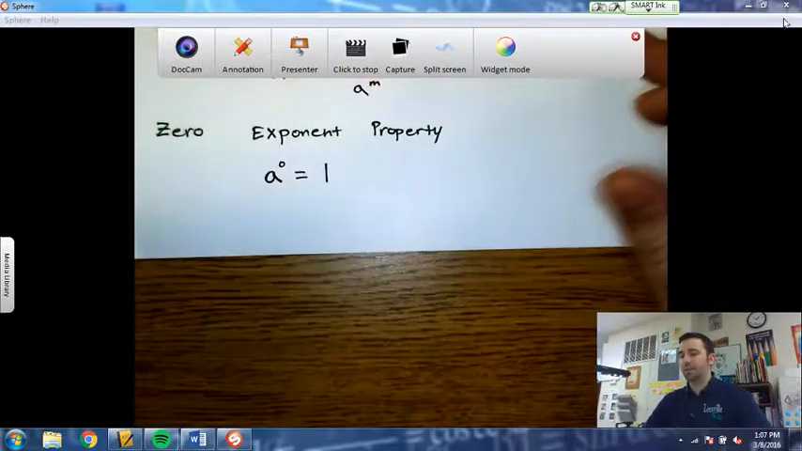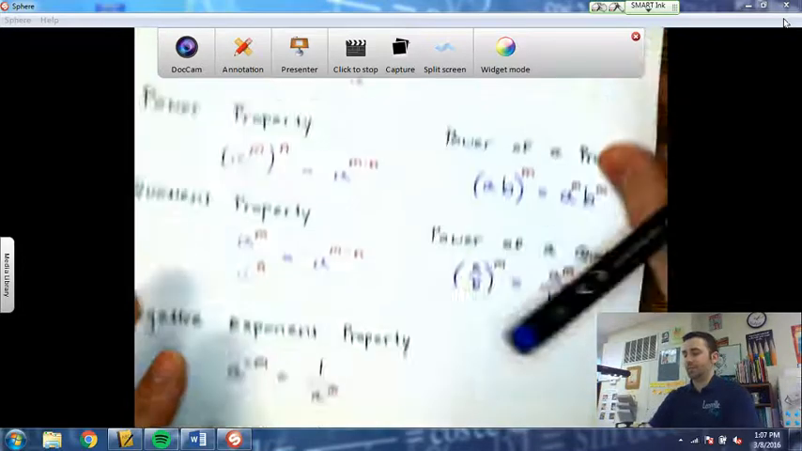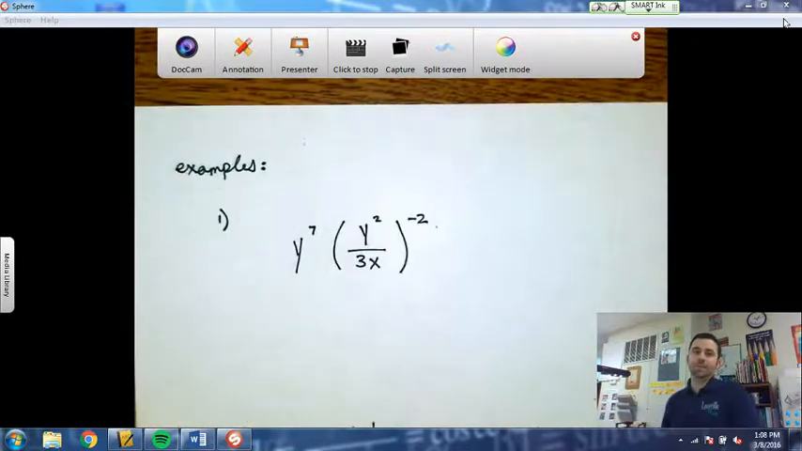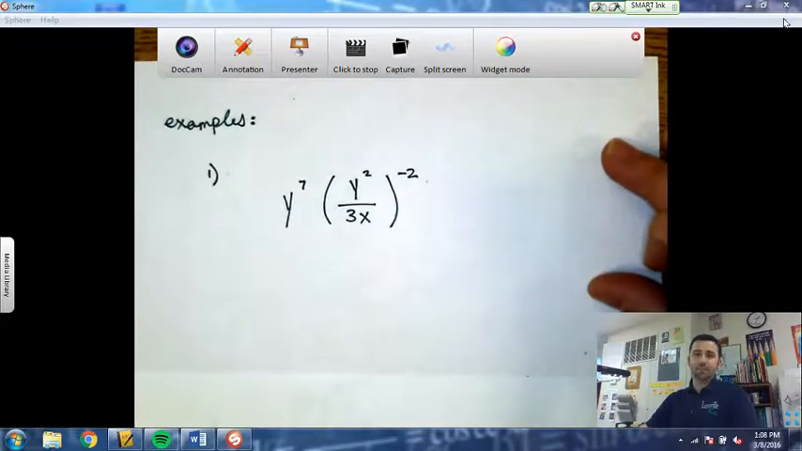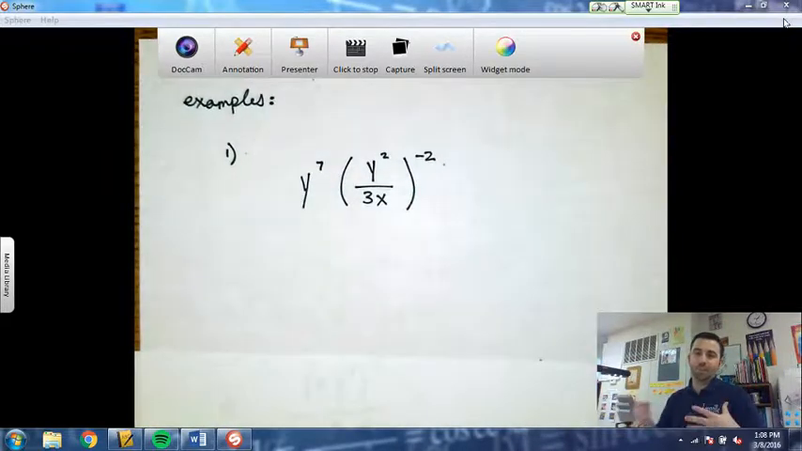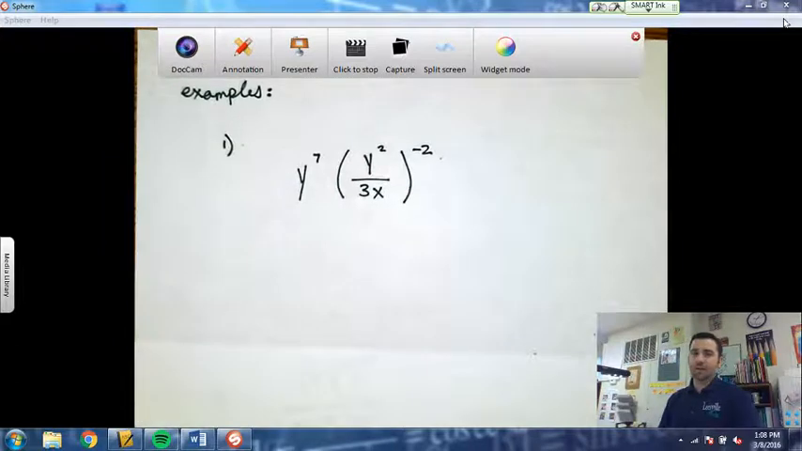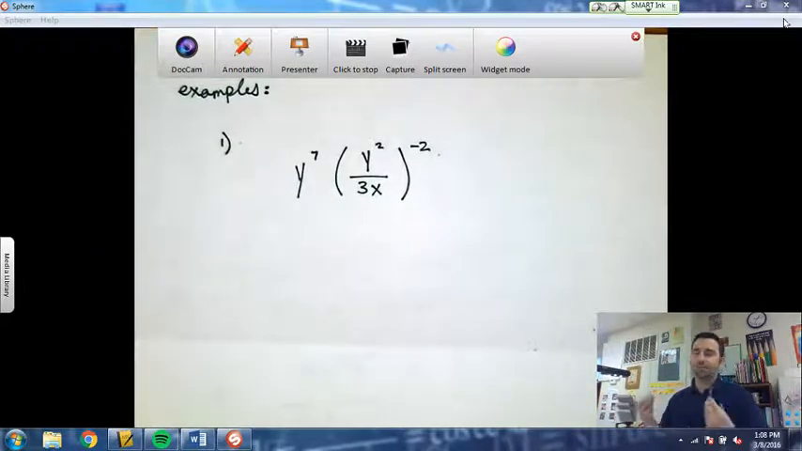So let's look at some examples here. These examples are a little more complicated, and I picked them because they involve multiple steps using the different properties so that we can see. It's important to take these and apply the properties one at a time. Don't try to do three all at the same time. We want to just look and see what we're doing. So the very first thing